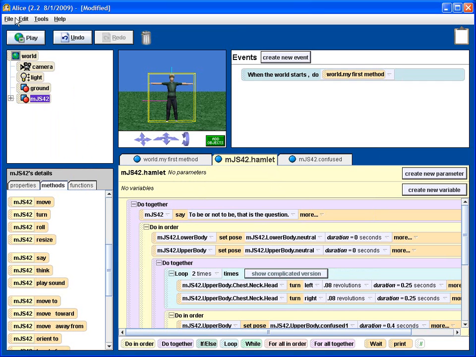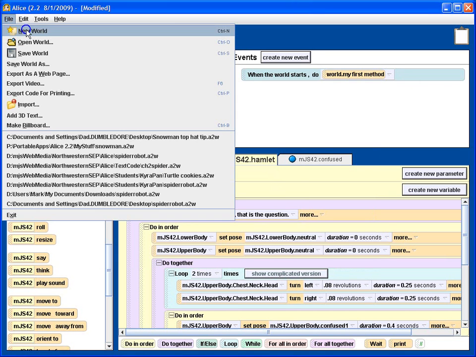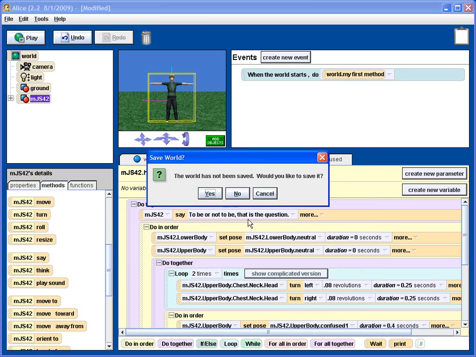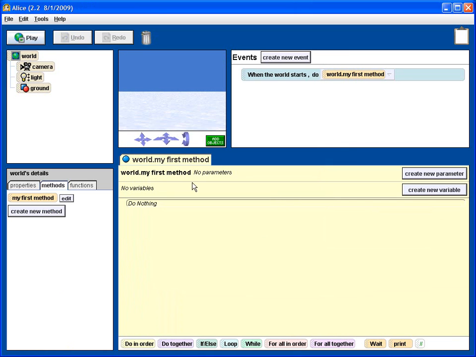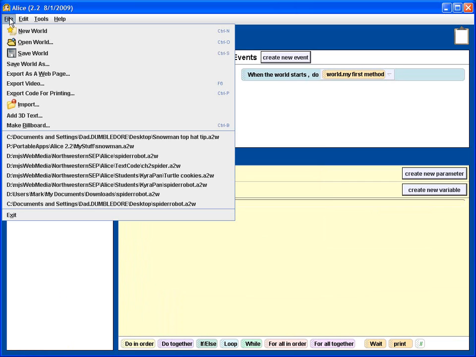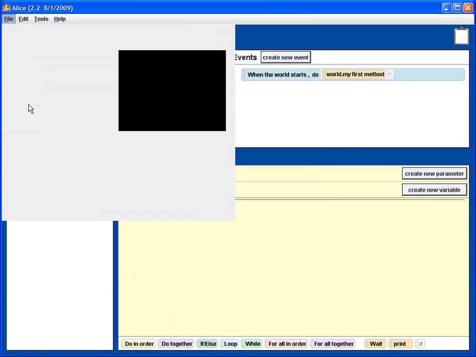And now here's how you can use these. Let's start with a new world. I don't really need to save this because all I was doing is working on an object. Let's choose a snow world this time. And we can place our object in it. To do that, we click File, Import,